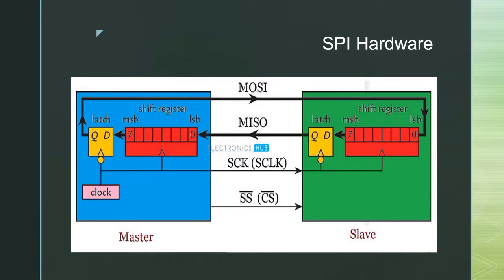SPI hardware. The hardware requirement for implementing SPI is very simple when compared to UART and I2C. Consider a master and a single slave are connected using SPI bus. The following image shows the minimal system requirements for both the devices. From the image, the master device consists of a shift register, a data latch, and a clock generator. The slave consists of a similar hardware, a shift register and a data latch. Both the shift registers are connected to form a loop. Usually the size of the register is 8 bits, but higher size registers of 16 bits are also common.